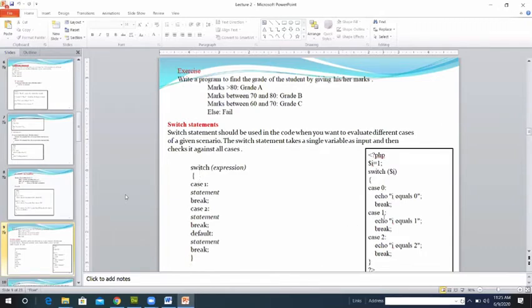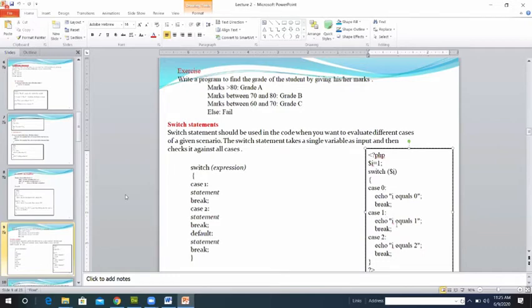Here we write an example. If you assign a value to a variable, then switch on that variable, writing the variable within brackets. Then in the case blocks, you can write 0, 1 or 2, whatever integer value. If the variable is 1, it goes to case 1.